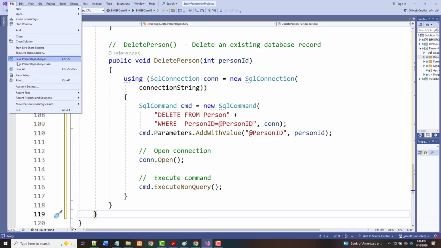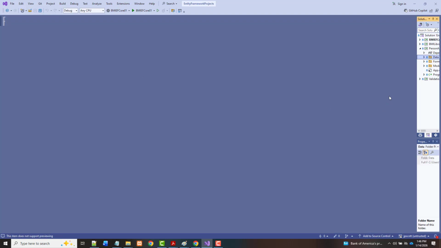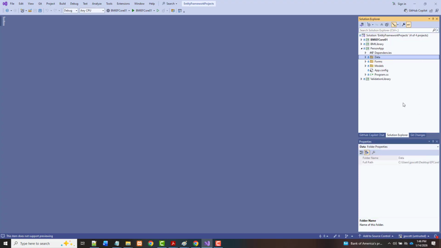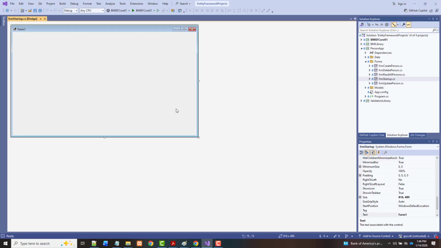All right, I'm going to close this for now. And we're going to start with the startup form. I think that makes the most sense. Now, it's not like this is a big thing one way or the other, but because I've been doing this all along, I'm going to come in here. Let's make the start position center screen. Let's make the text on here